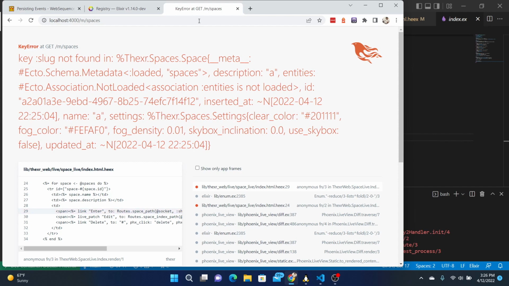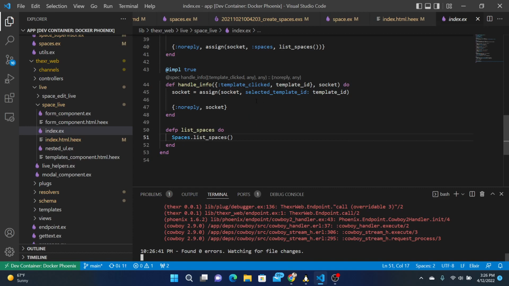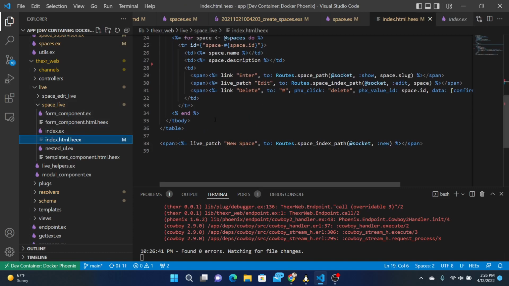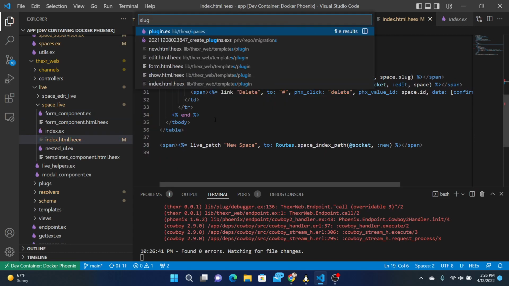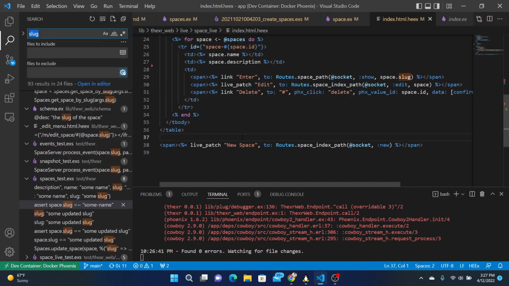Okay, n/spaces. Oh, space live index. I thought that was this. A slug in here. Slug. There we go.